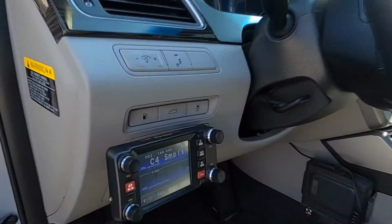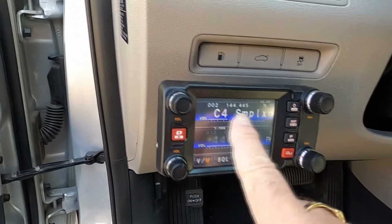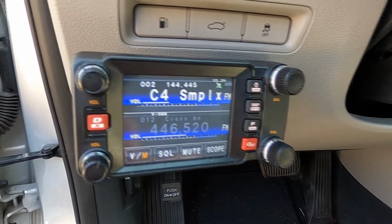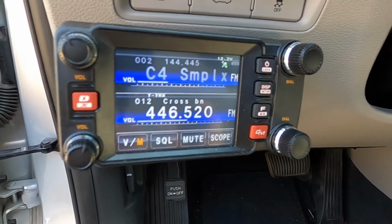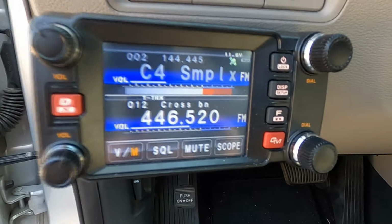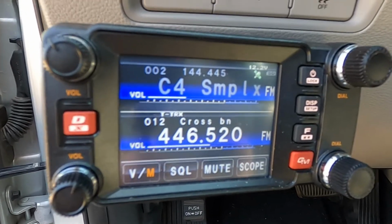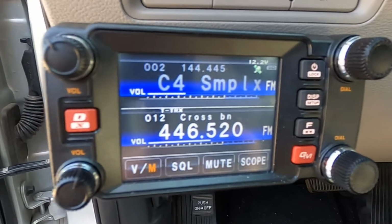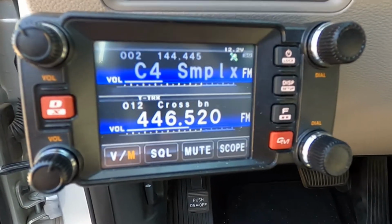So let's see, this is my Yaesu FTM-400, and right now there's 144.445. That's the frequency I usually talk to my son on when I'm mobile and he's mobile. Right now I have my crossband repeater on inside my house. So that's the frequency that I transmit on, 446.52. So I key down, and my crossband repeater receives on 446.52, and then it transmits out of my antenna up on my roof at 144.445. Or usually when I'm not talking to my son, I'm just crossband repeating, I'll go to 146.52. I've talked to Fred several times down the hill, just cruising around the high